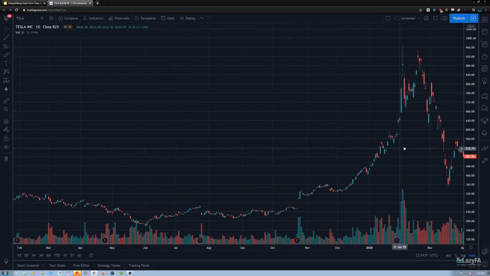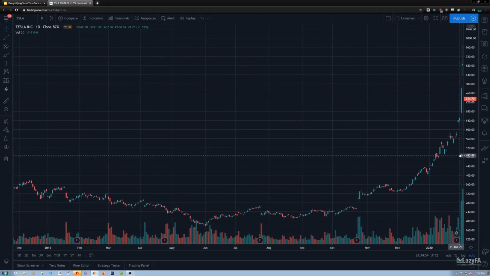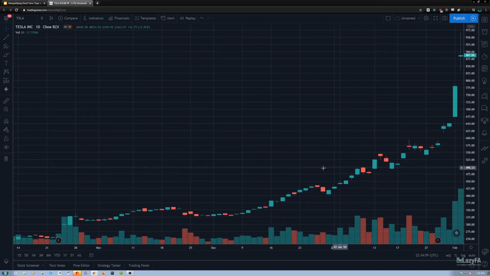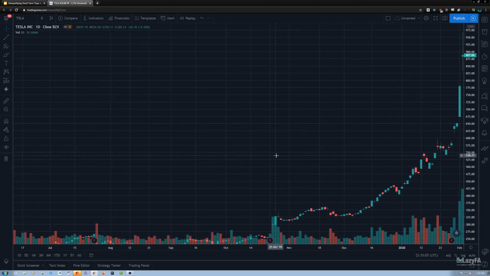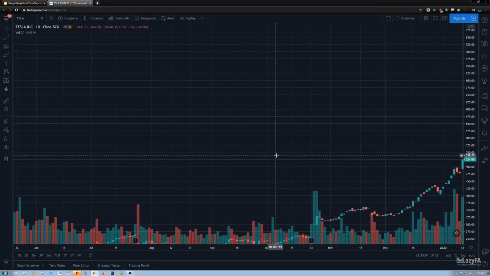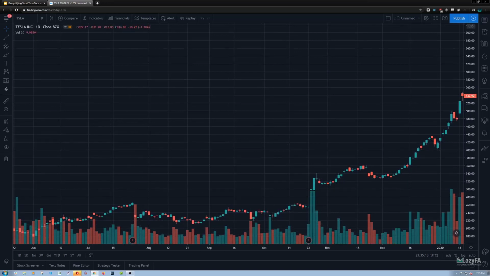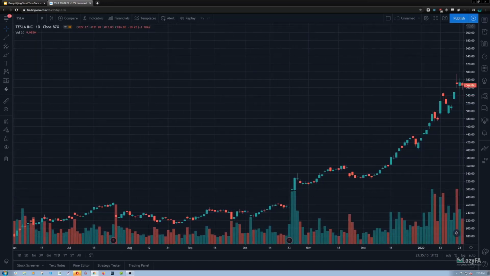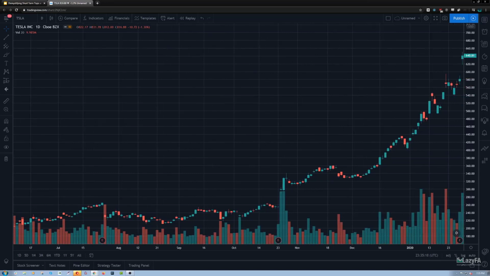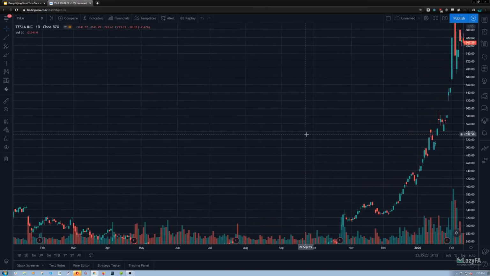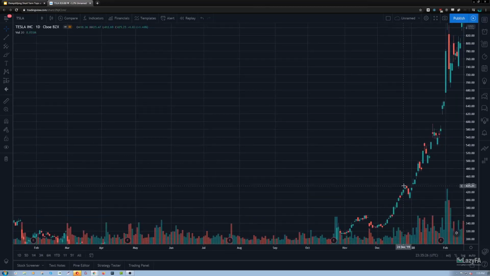If we look at this chart, this is the type of pattern that I'm looking for when I see a parabolic move. And the crazy thing is, this stock looked parabolic way back here. But this just goes to show you how wrong you can be with these types of trades. All it takes is one big move upwards, and all of a sudden you thought it was going to go in reverse at $440 a share,